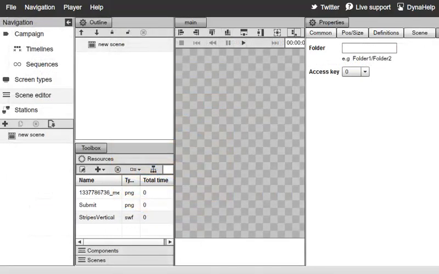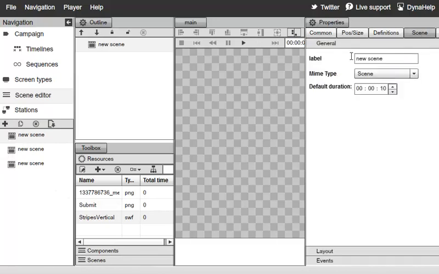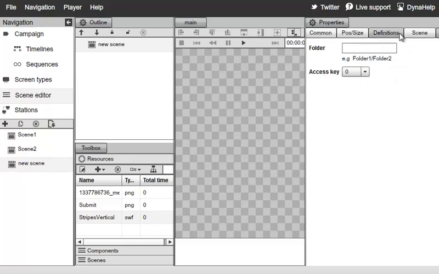Now let's go ahead and talk about our last topic for this tutorial, which is the scene redirect. So with the scene redirect, you can essentially add buttons to your scene and allow touch control for a person to navigate from one scene to the next. So let's go ahead and add a couple more scenes, and we'll name each scene. Call the first one Scene 1. Scene 2, and we'll call the last one